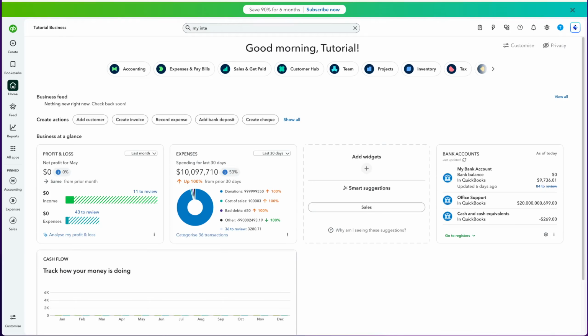In today's video, I'm going to teach you how to void a check in QuickBooks Online. Managing your financial transactions accurately is a crucial part of maintaining your business records, and sometimes that means voiding a check that was issued in error. QuickBooks Online makes this process straightforward, but knowing the right steps is key to ensuring your records stay clean and compliant. Whether you're fixing a mistake or addressing a duplicate payment, I'll walk you through the entire process from start